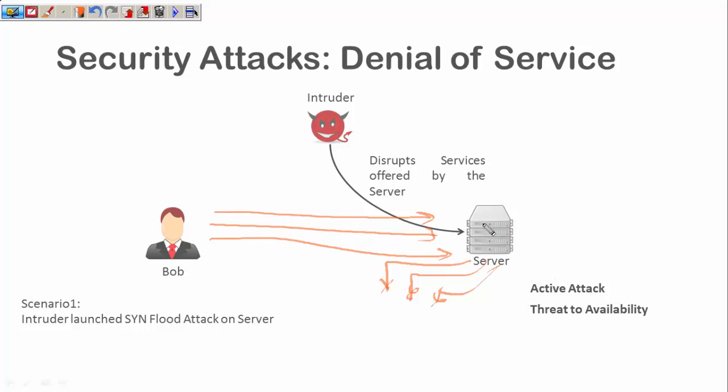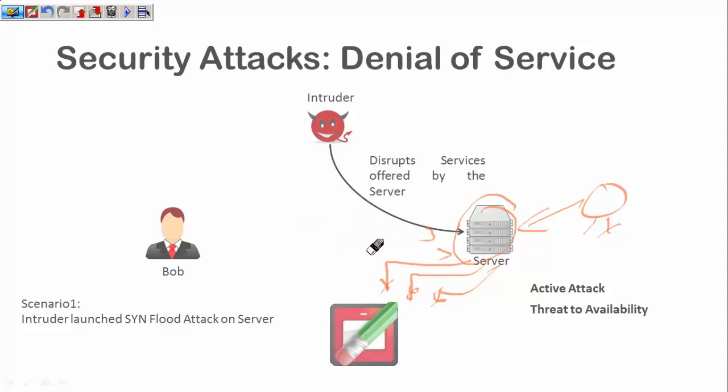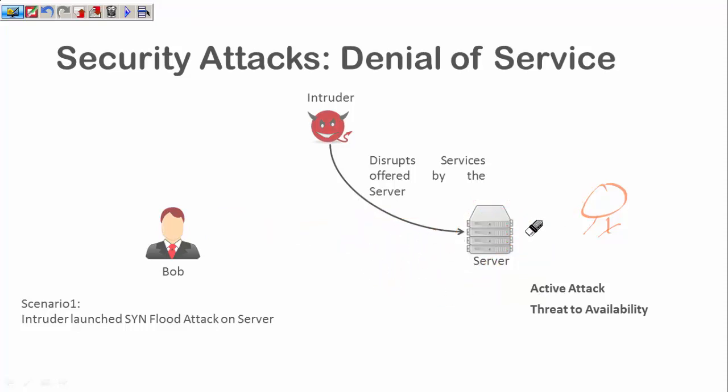This way also it is occupying the resources, which might not give services to the other people who are eligible to get the services. And again, since the message is not reaching Bob, who is entitled to get the services, Bob is not able to get them. So denial of service can take place in both ways.